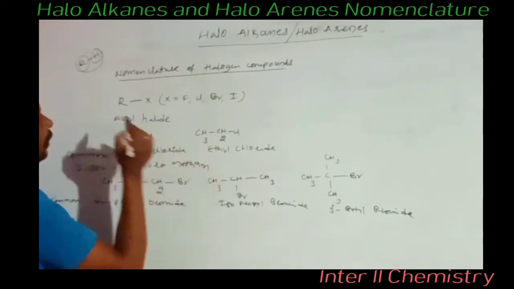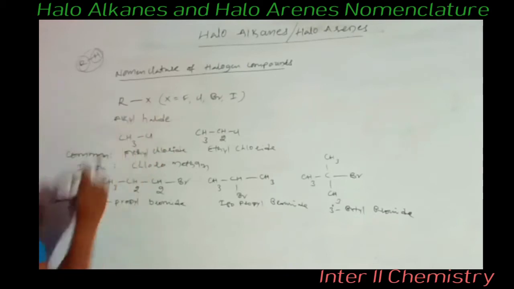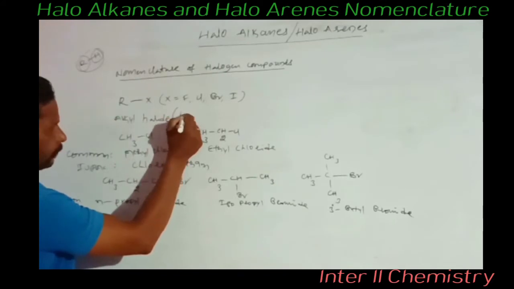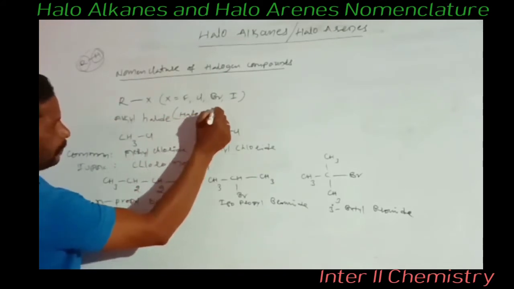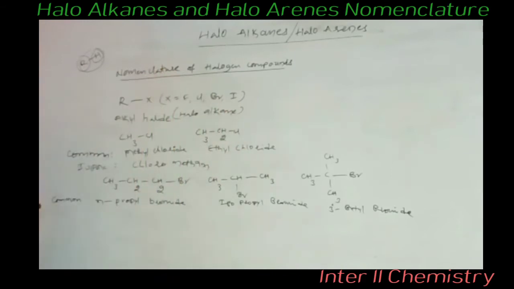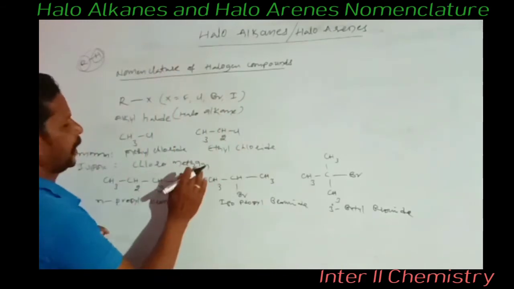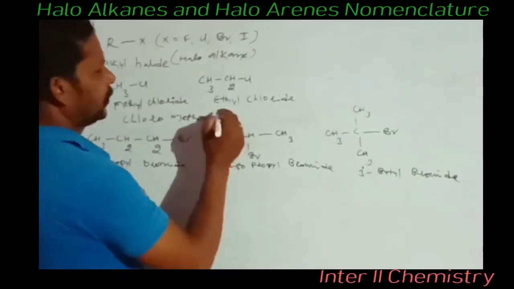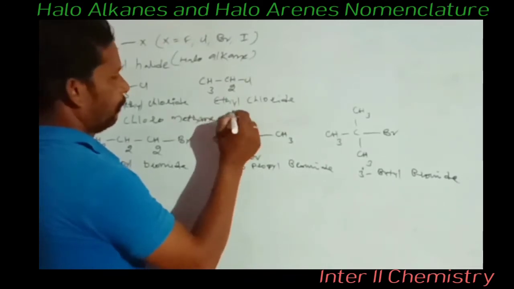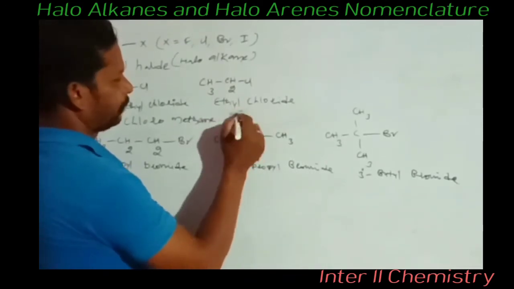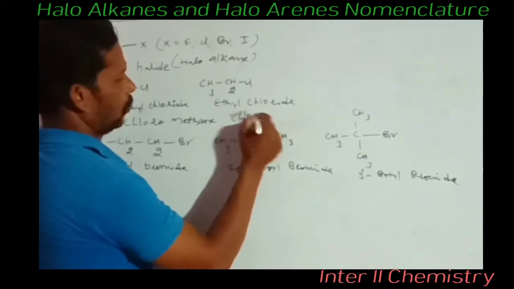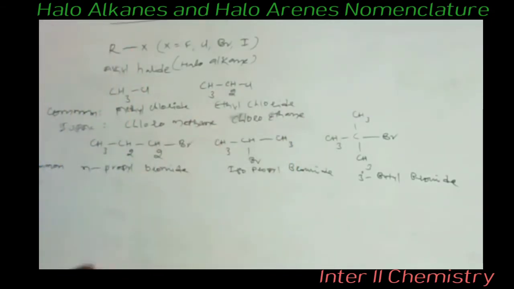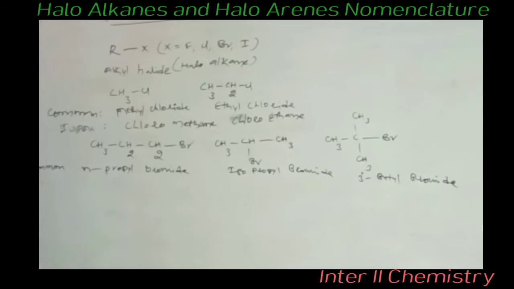Chloromethane. So what is the name of this one? It is an alkyl halide. What is the IUPAC name here? We can write the IUPAC name as haloalkane. Haloalkane. Right, okay. So it is chloromethane. It is bromo or chloro ethane. Already we discussed the nomenclature of organic compounds in the first year.